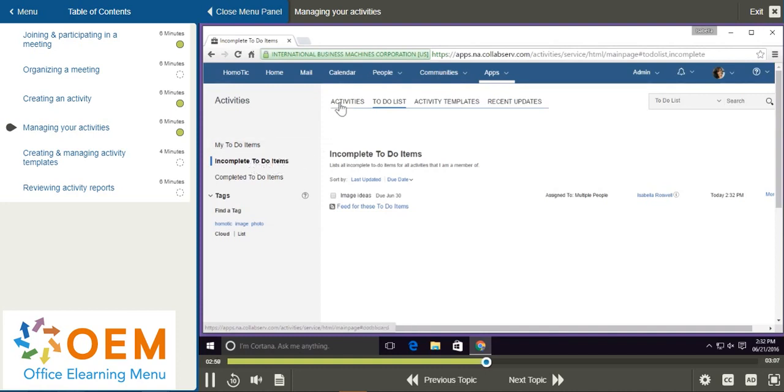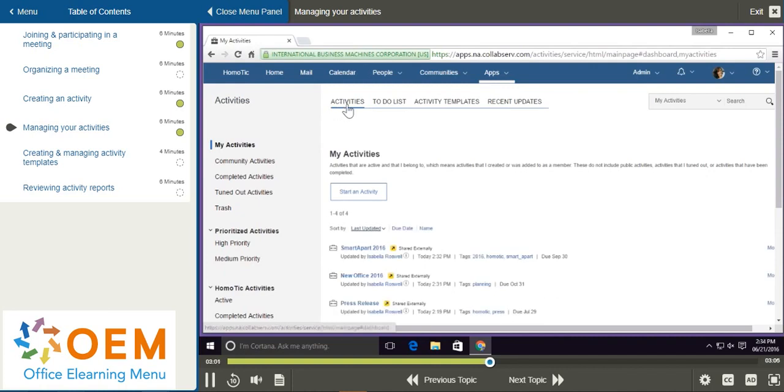and select Activities. So if some of my activities are more important than other activities, I can change the priority level. To do that, I can go over the activity I'd like to change and simply select the activity